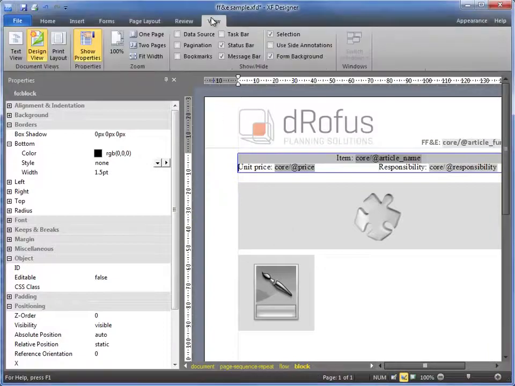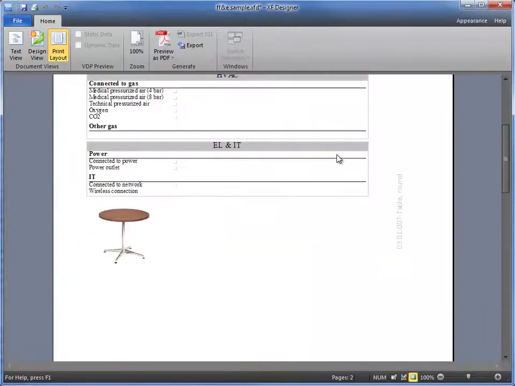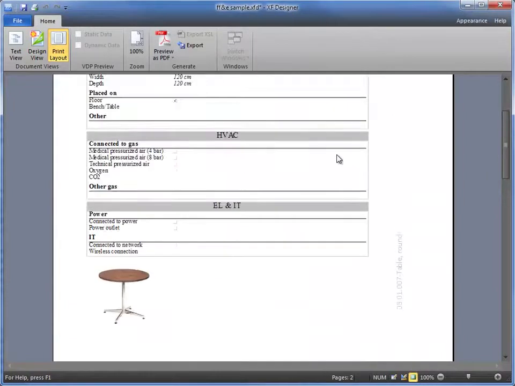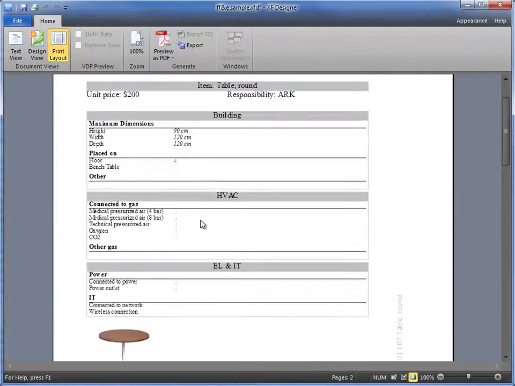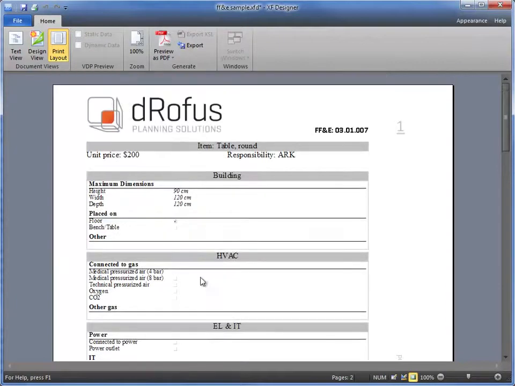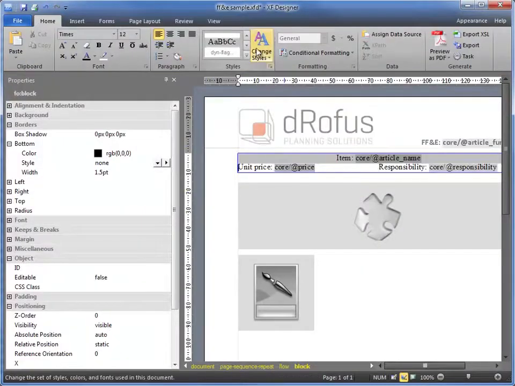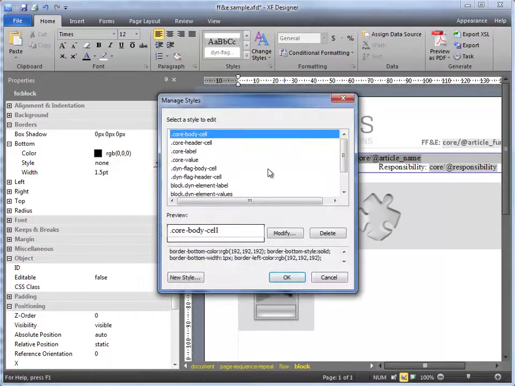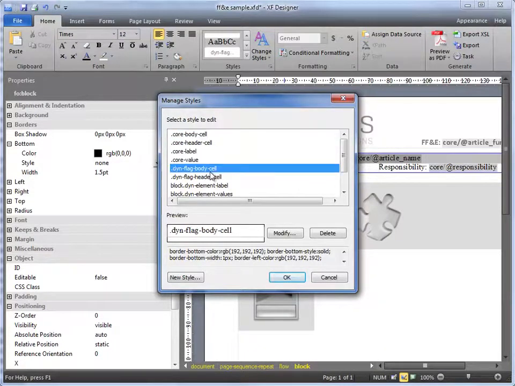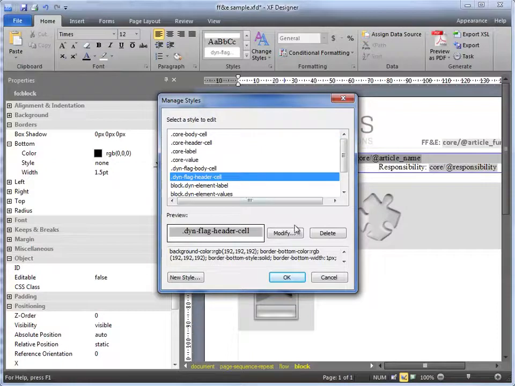So if we now preview the report, it's starting to look the way I would like to have it, but you can see the information on the right, the header and the footer. But we would like to do some changes on the specification and the item information. And for that I change the styles. So if we go to change styles and manage styles, we have the flag information, which is the tab information, and if we click modify on that instead,